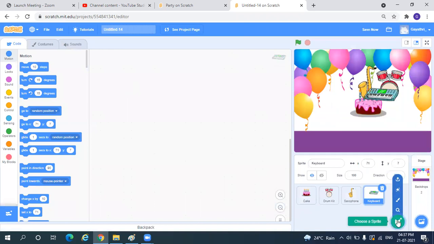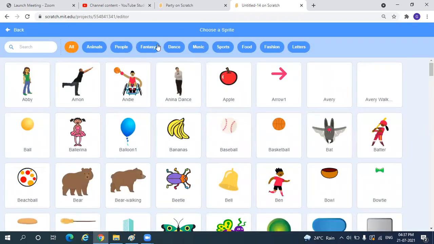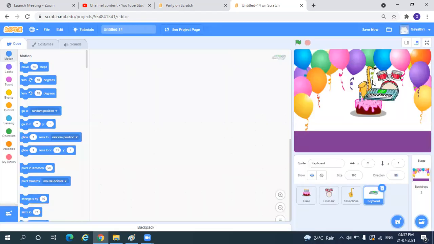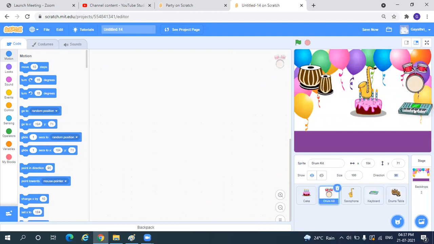A keyboard, then what you want. Go to music here and then select maybe this drums, tabla. Okay, I have all the musical instruments here. I place them all on all the four corners.